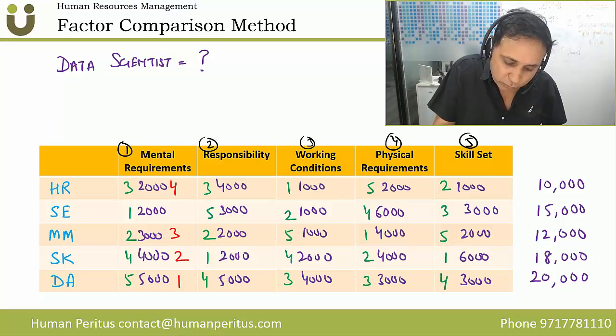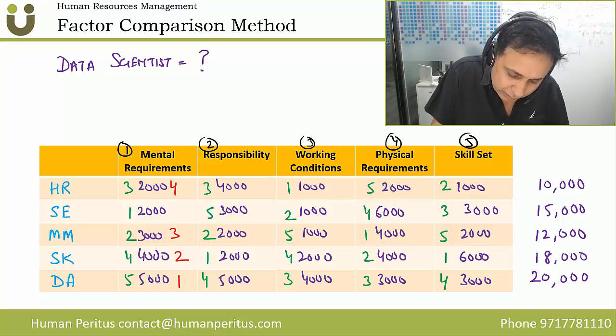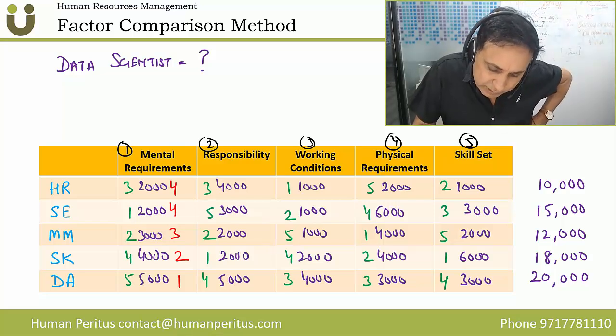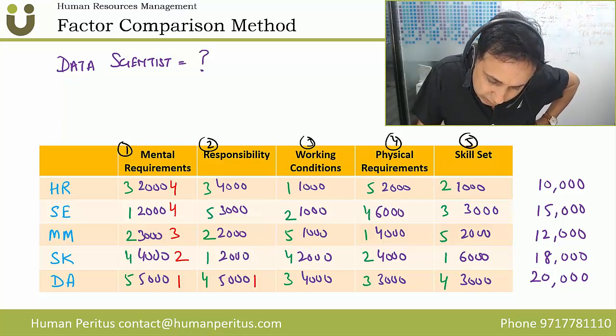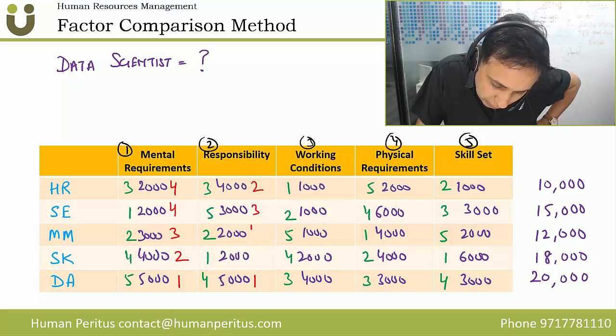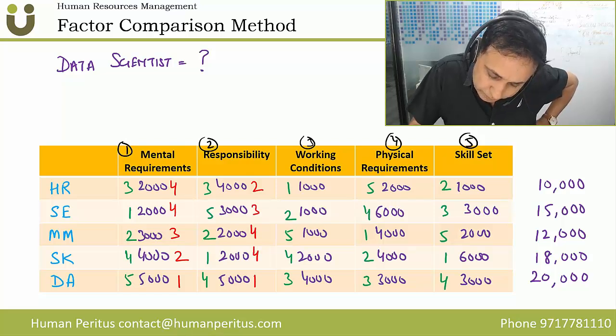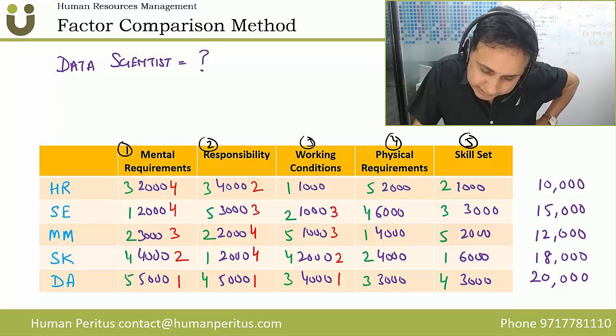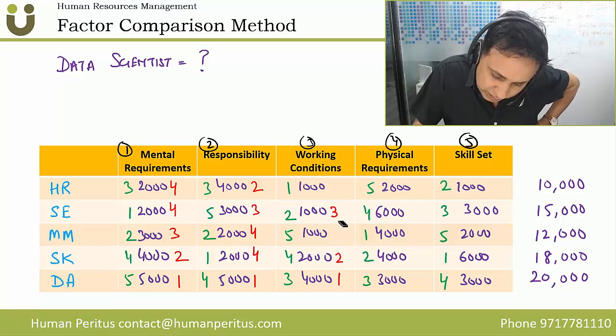I can either give 4.5 to each, or maybe I'll give 4 and 4 to each. So yeah, 4 and 4 to each. Similarly, I rank the remaining ones 1, 2, 3, 4, and 4. Then once again 1, 2, 3, 3, 3. So in this case, because there are 3, 3, 3, maybe I can give all three of them 4, 4, 4.